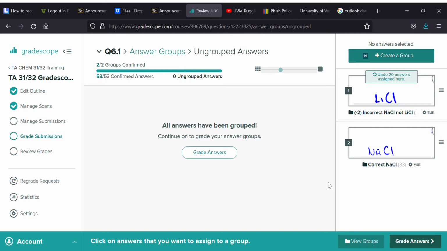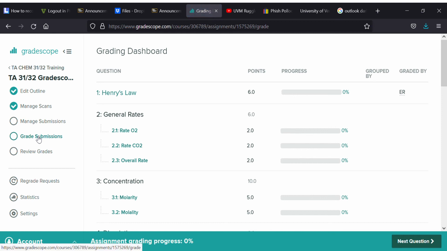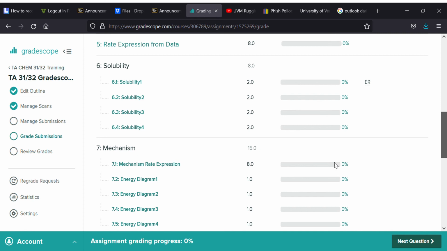So the grouping TA is now actually done with their exercise, and they need to contact the corresponding checking TA so that that TA can then go through and make sure that all the groups that the grouping TA put together are actually correct. So that checking TA would come to this page, and as far as grading submissions, goes to the question that they are assigned to check,